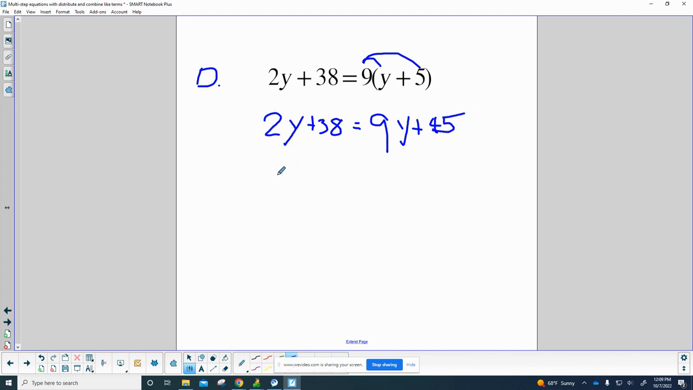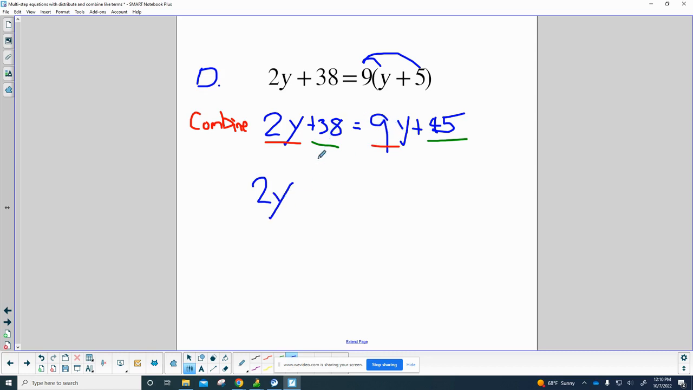Okay, so now we're going to collect the like terms together. So I'm going to just put combine our like terms together. So what are the like terms? Well, we have 2y and 9y as our variables, and then our constants are plus 38 and 45. So I'm going to go ahead and rearrange these so that they're on the right side. So there's my 2y,